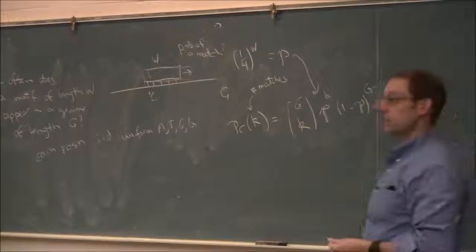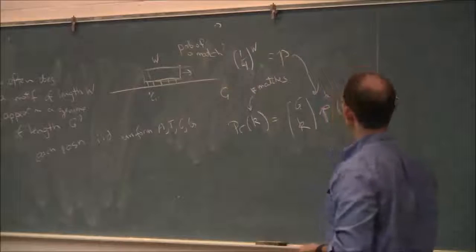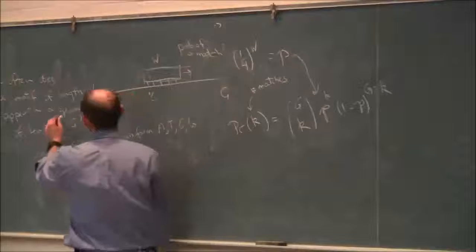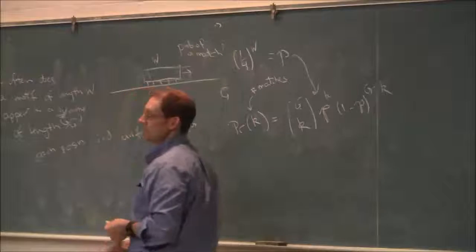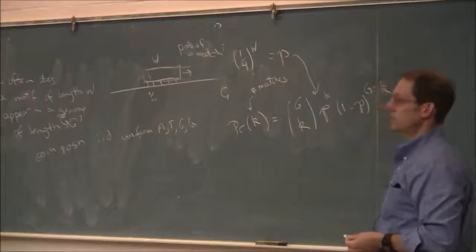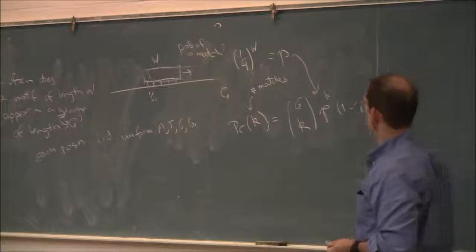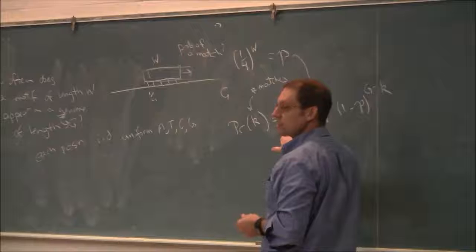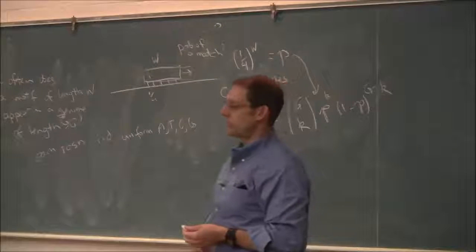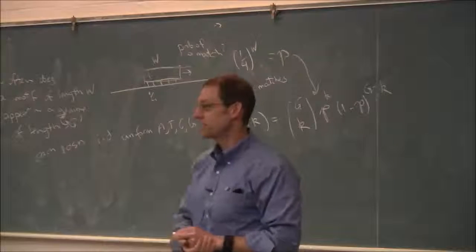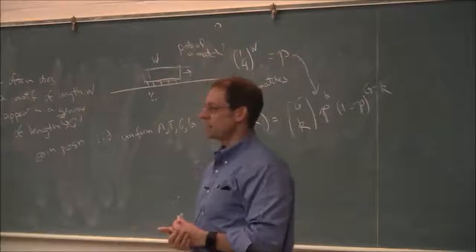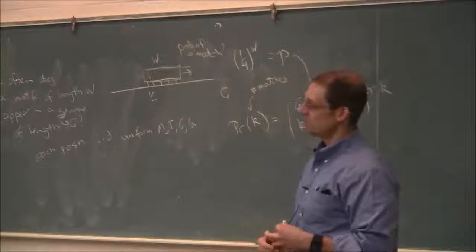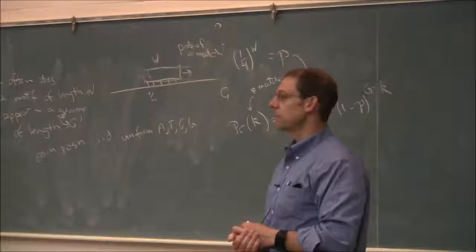Yes? Go over that again. What was G? What was K? All right. So G is the total length of the genome. Like, a good hint is that genome starts with G. So G is the total length of the genome. K is the number of matches. So we want K to be small compared to the genome size. Ideally we want it to be 0, but because these are random variables, it's never going to be 0. There'll be some probability that it's bigger than 0, but we want that probability to be small.